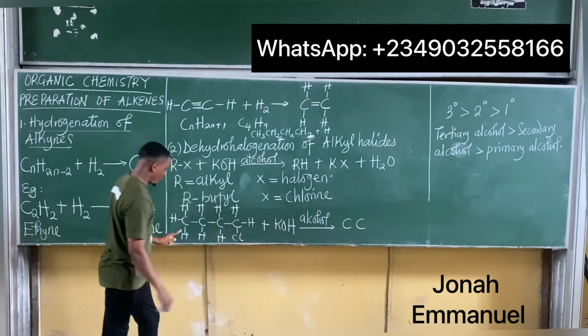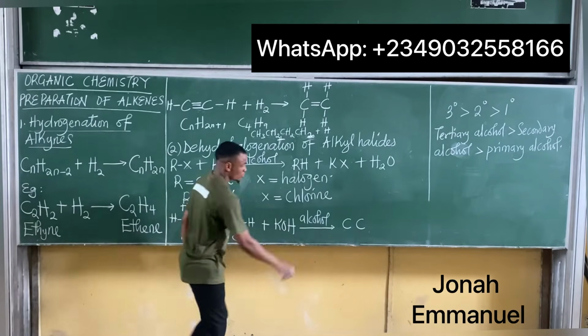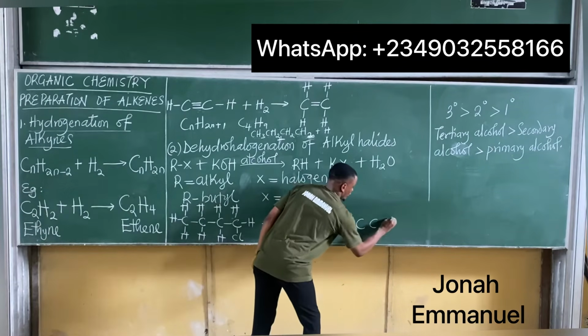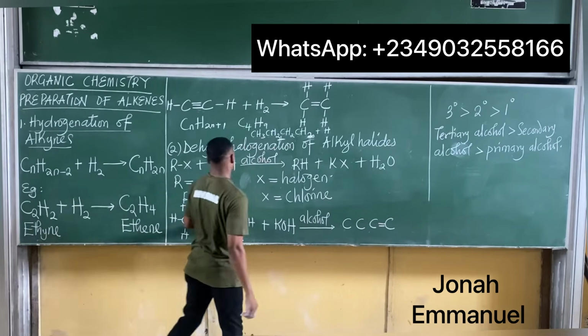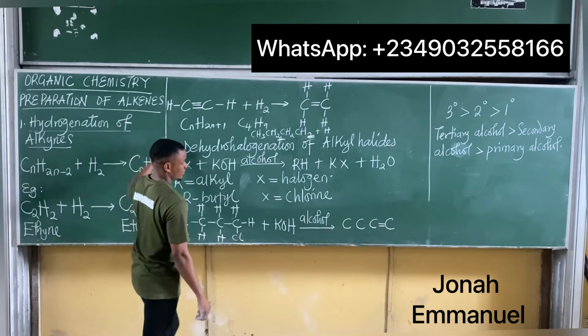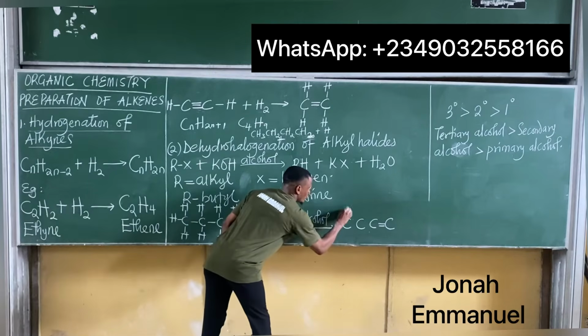C2, I have 4 here: 1, 2, 3, 4. Please add a double bond. That's this, please, because I'm trying to prepare an alkene. So if I combine, I'm having 1,